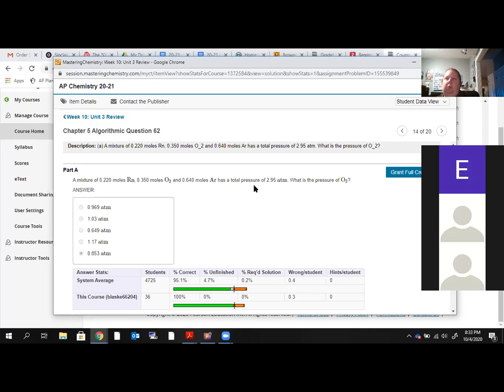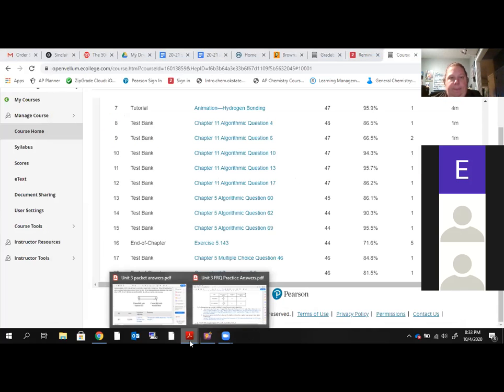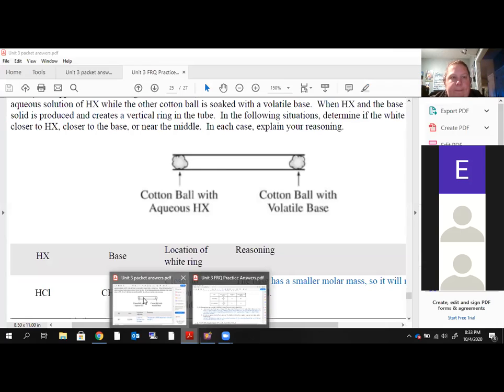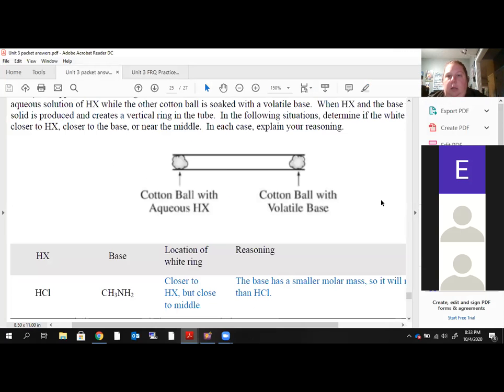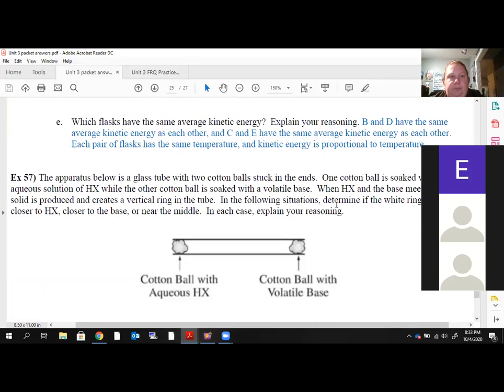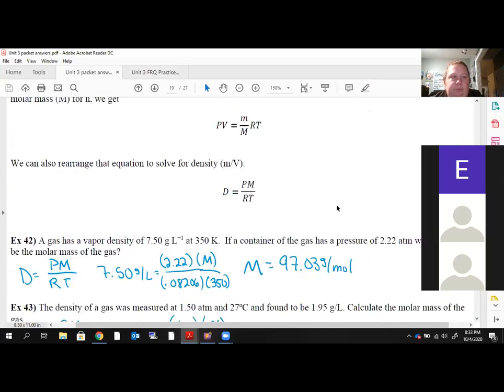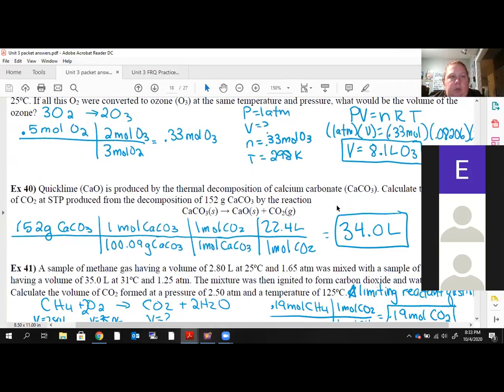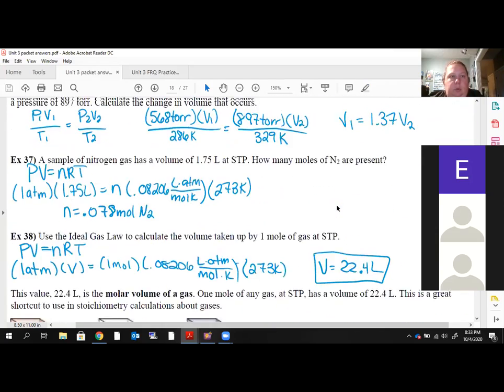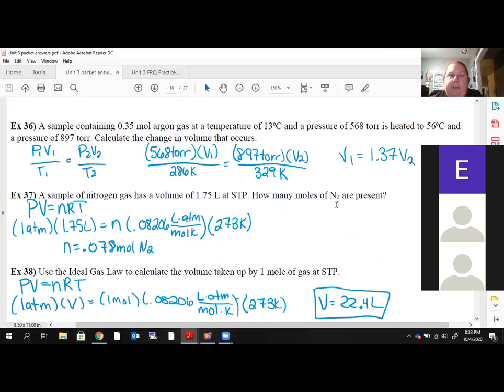Oh yeah, I have a question about the packet. It's on page 19 and example number 36. Yeah, I'm not really sure how to solve that. Okay. So